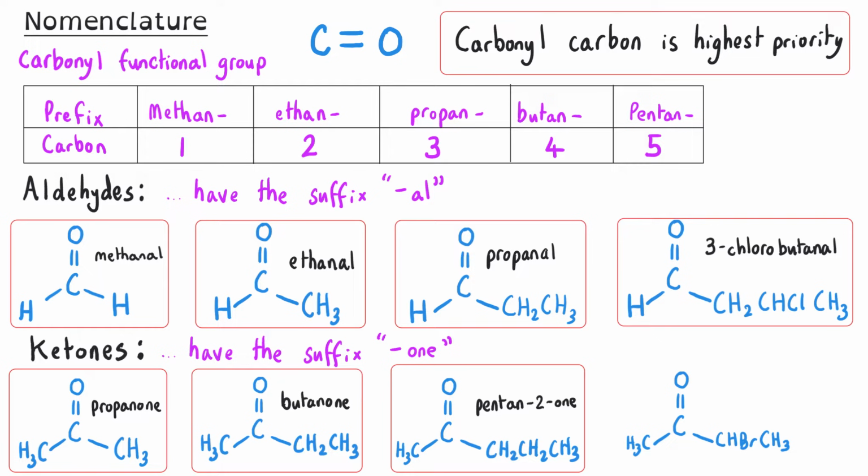number. And so for this example that I'm showing here, we've got a chain of 4, so this is going to be butan. There's also a bromine atom attached to the carbon chain, so we've got a bromo side chain. Now, we need to give our carbonyl carbon the smallest number possible, and so we count from the end that it is closest to. And so the carbonyl group is on carbon number 2. And that puts the bromine in position number 3. And so that means that this molecule would be